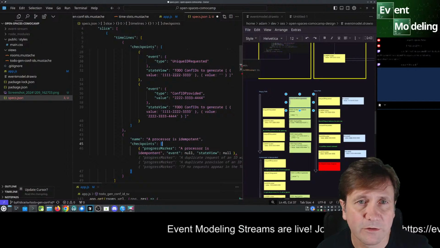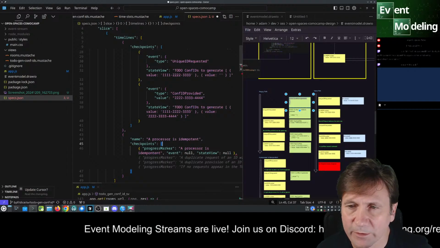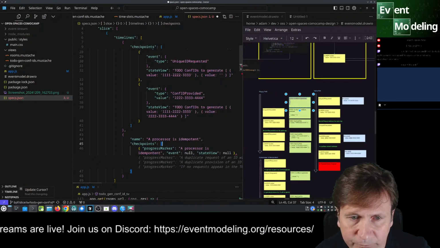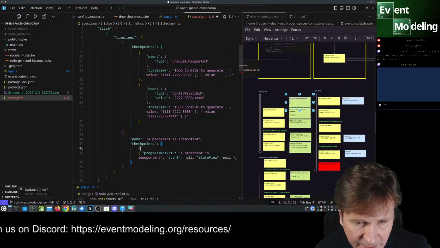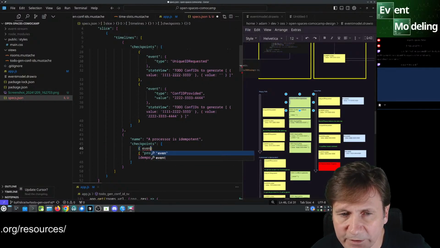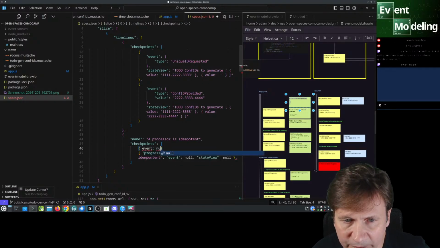Name, checkpoints. I don't want a progress marker. We have event is null.